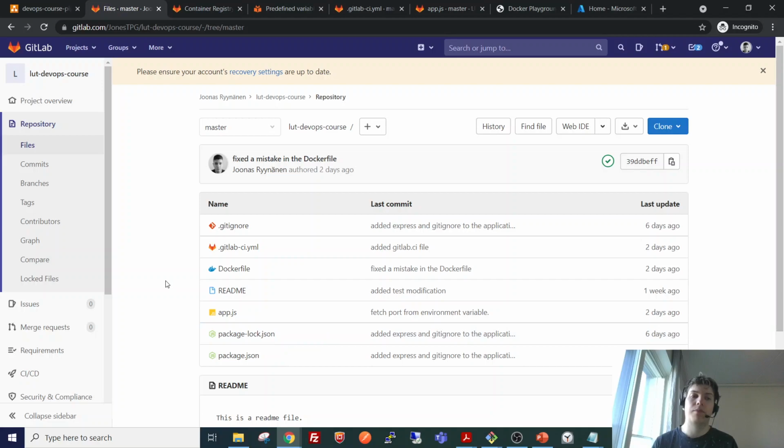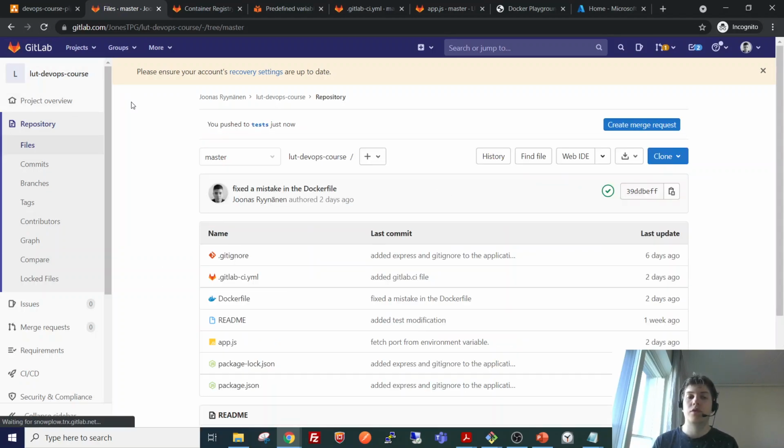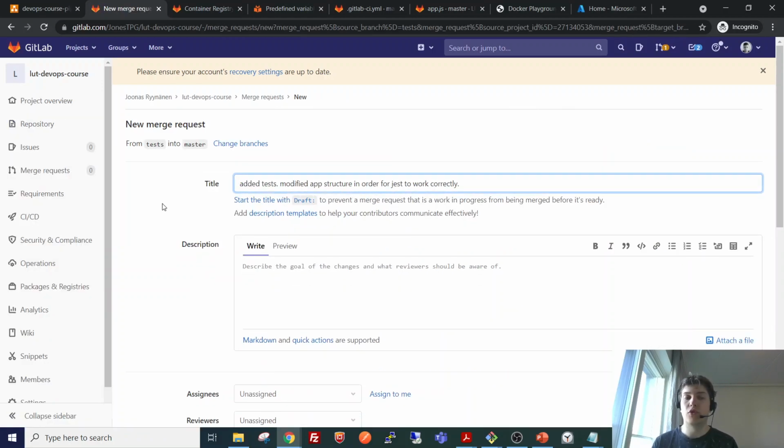So now, when we go to the GitLab user interface, we see this new branch, and let's merge it via a merge request in order to practice that.